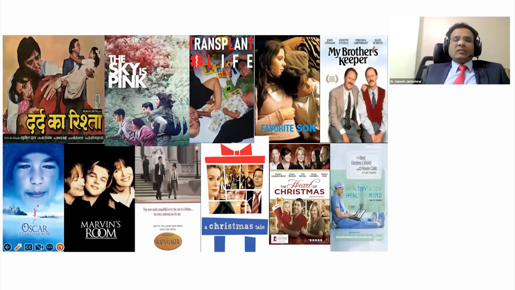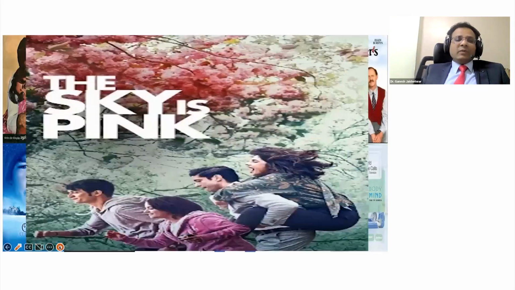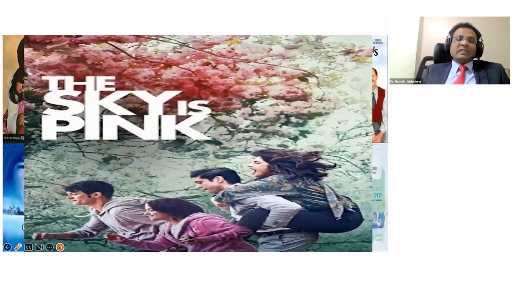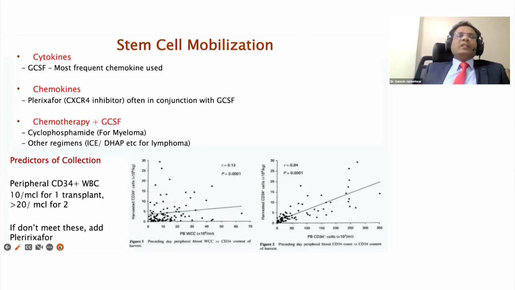There are many Hollywood and Bollywood movies on transplant, and one of them is highly recommended, which emphasizes the role of transplant conditioning toxicity: busulfan associated pulmonary fibrosis in a young girl with SCID who underwent transplant in the UK in the late 90s. A beautiful movie. So coming to stem cell mobilization,